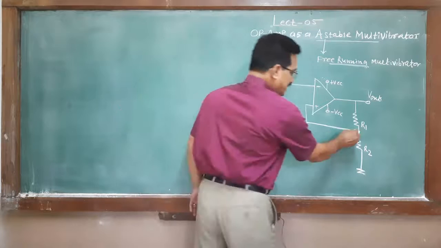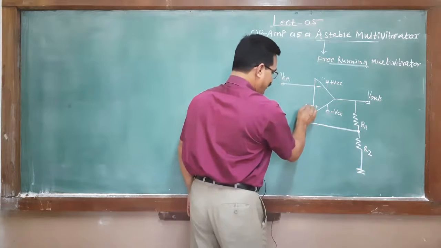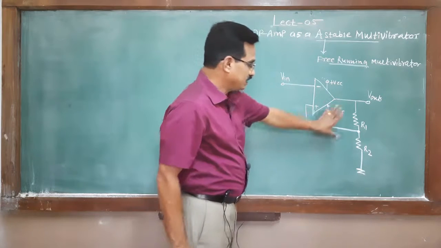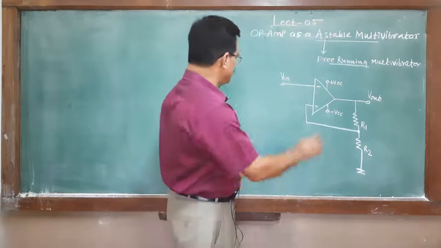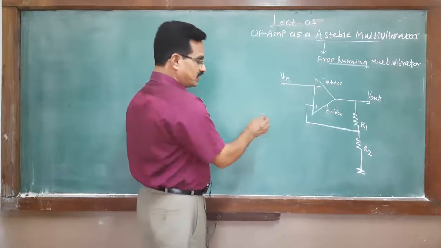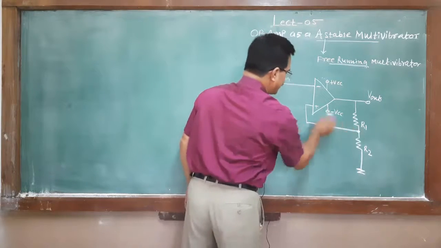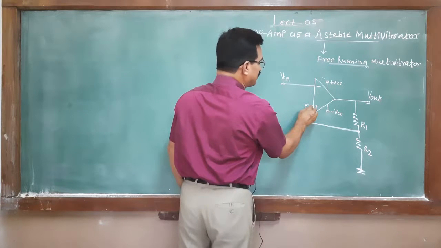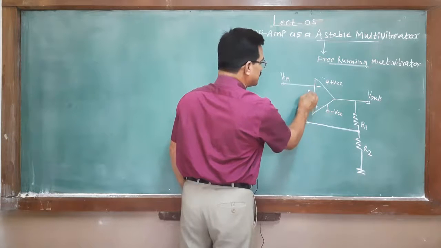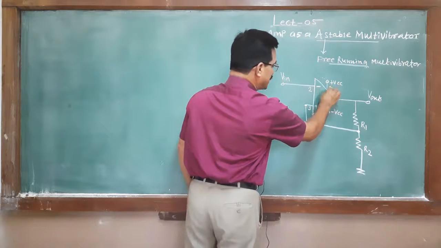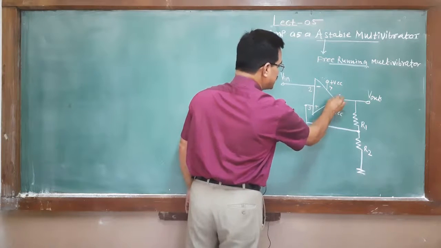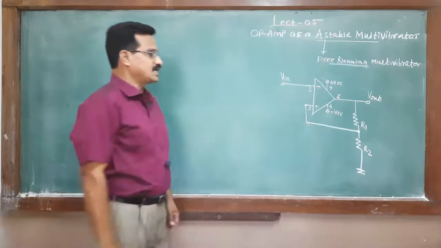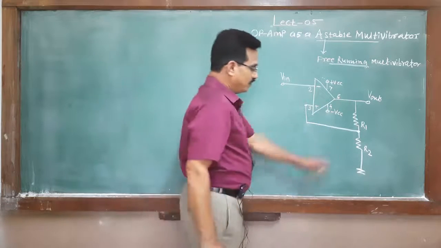And what is the voltage applied here? Reference voltage. Here is a voltage divider arrangement, and by using the voltage divider arrangement, what is the output? The voltage at this point we call A. This point is terminal number 3, this is terminal number 2, here is 7, here is 4 and this is 6. IC 741. You remember that?